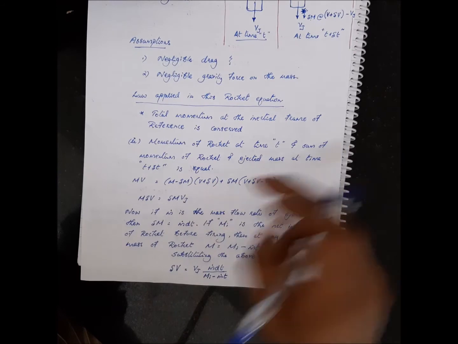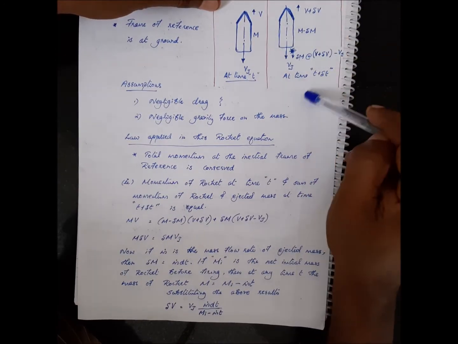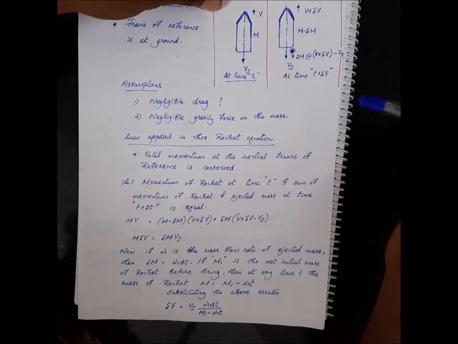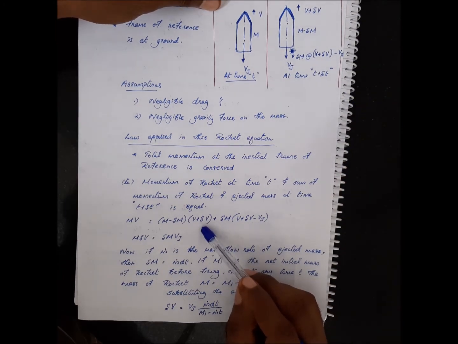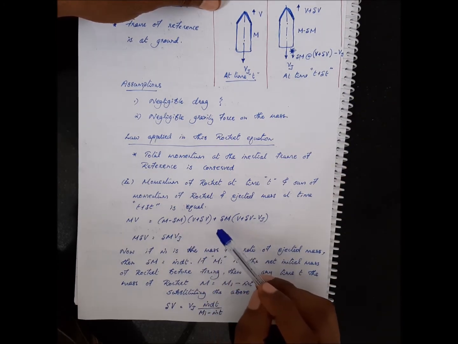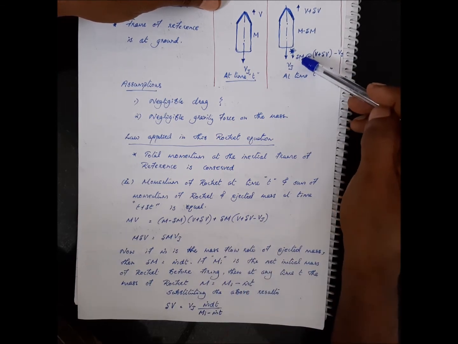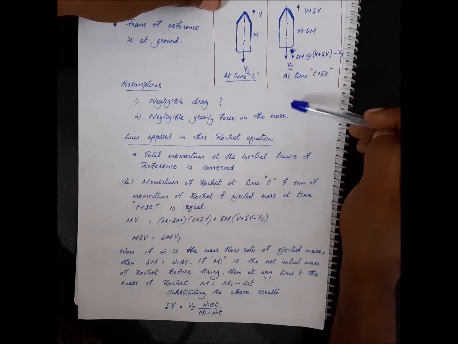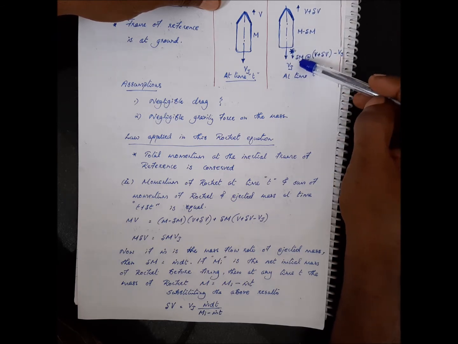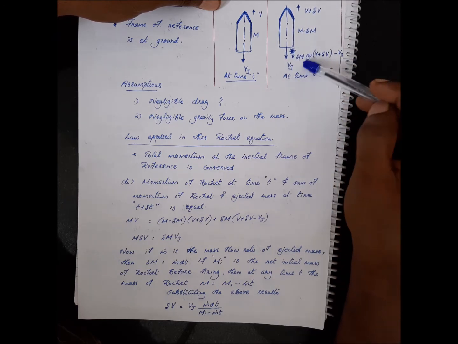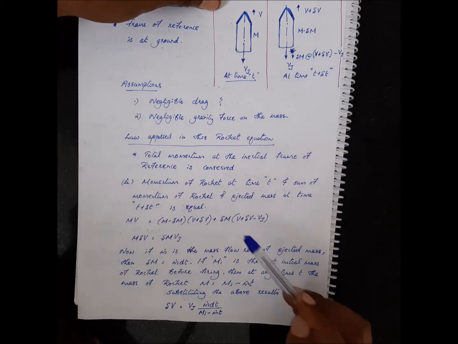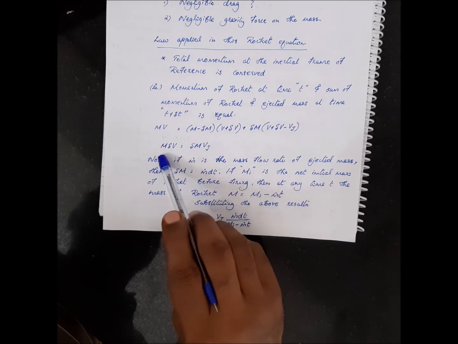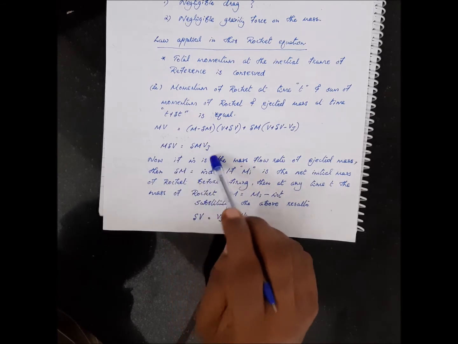Okay, the mass of the rocket at time t plus delta t is (m minus delta m) into (v plus delta v), plus you have the other mass, the ejected mass. Because of this ejected mass, it goes forward, so the velocity of this ejected mass is v plus delta v minus vj. So I have included that. If you simplify, you'll get a very simple form: m delta v is equal to delta m into vj.